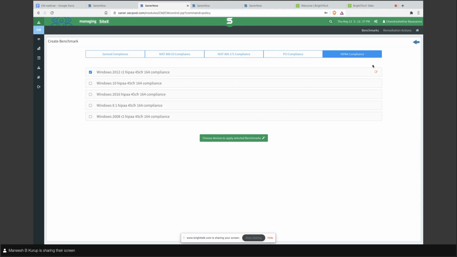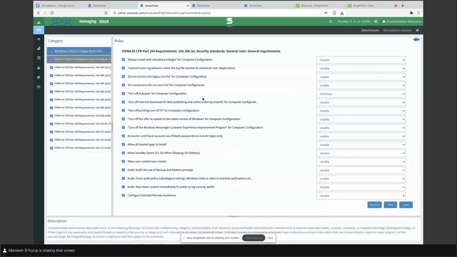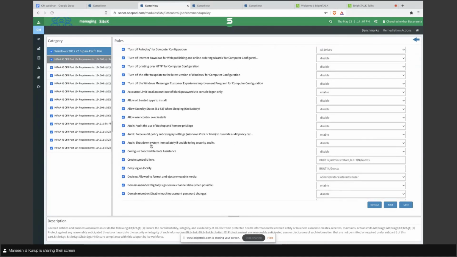Or the devices to be compliant. There is another thing possible, which is tailoring or configuring these rules. In general, HIPAA compliance regulatory standards have a lot of rules in them, and there are certain rules which, according to the organization, need some customizations. So let me look at this.